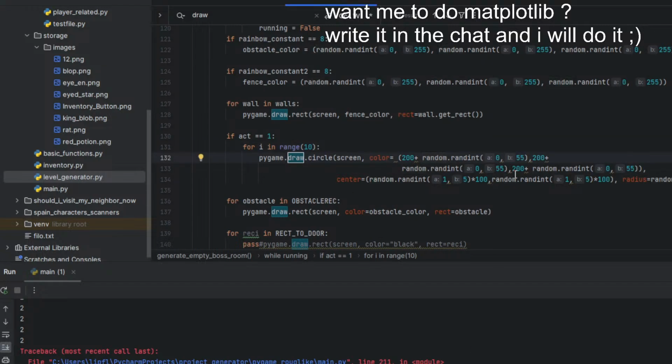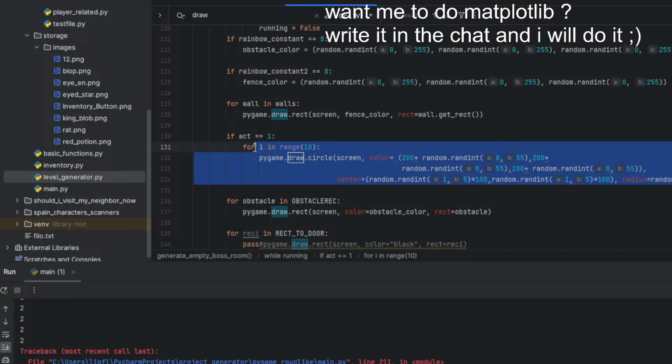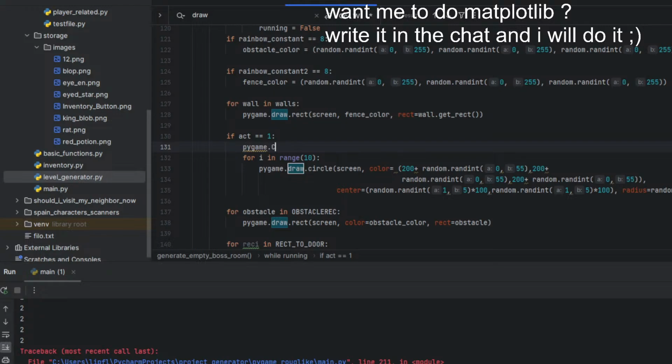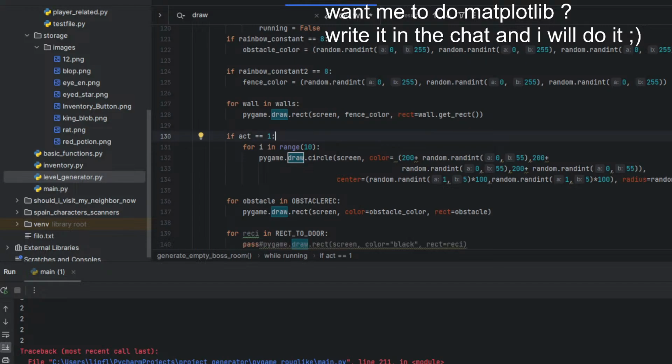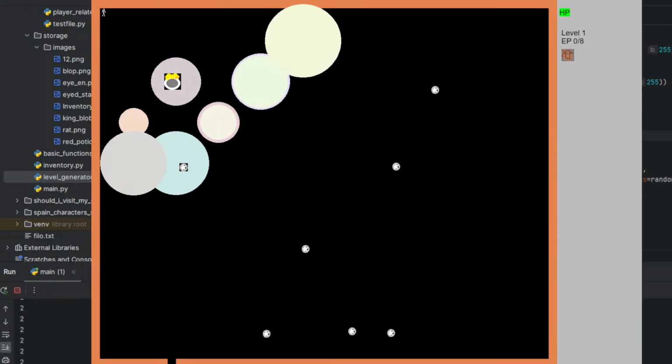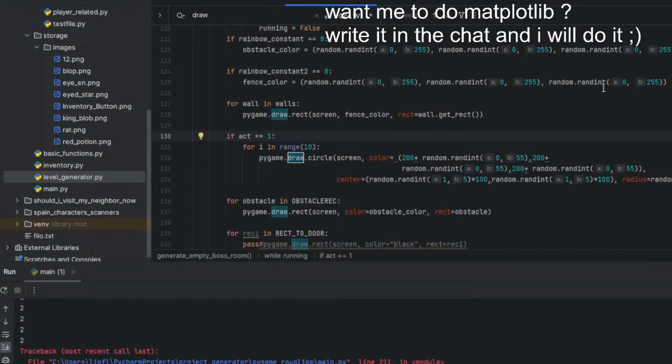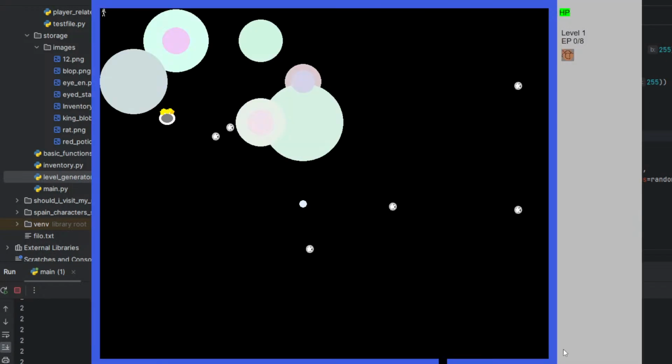Color equals this one. Maybe I should do it. Pygame.draw.circle, a circle. Okay, where is the max?